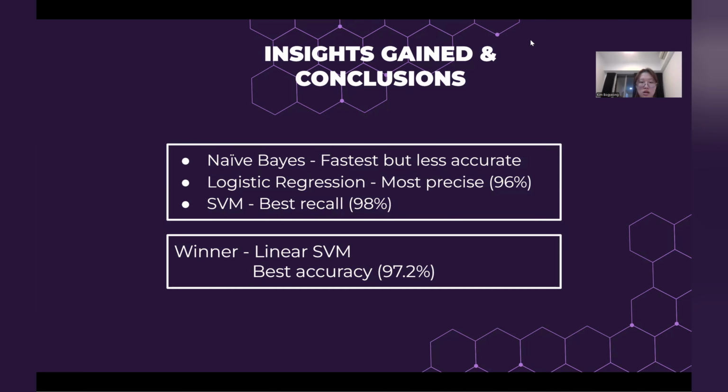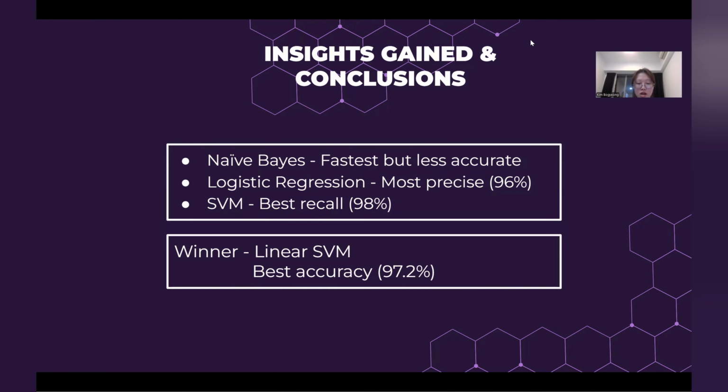Next are our insights, takeaways, and conclusions. From our experiments, naive Bayes was the fastest but less accurate due to its independence assumption. Logistic regression showed high precision at 96%, while SVM achieved the best recall at 98%. For spam detection, recall is more important, so it's better to catch all spam even if some normal emails are flagged. Overall,